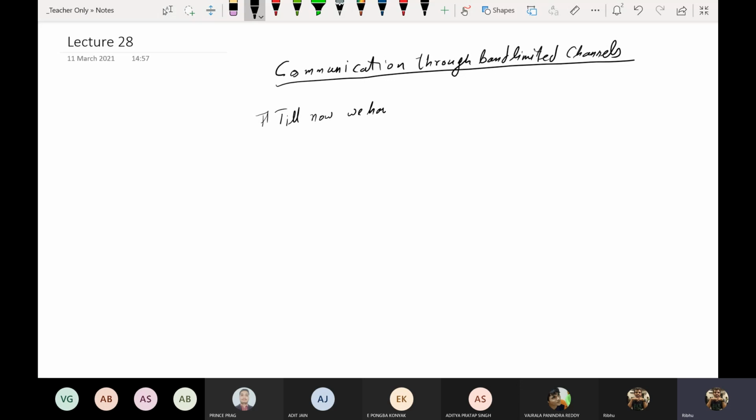We have considered ideal... that is, if we transmit s(t), then